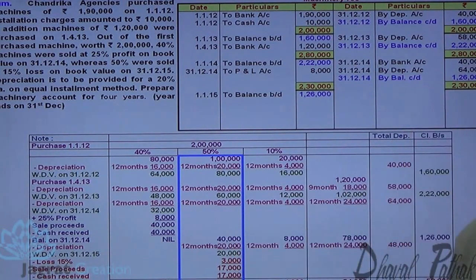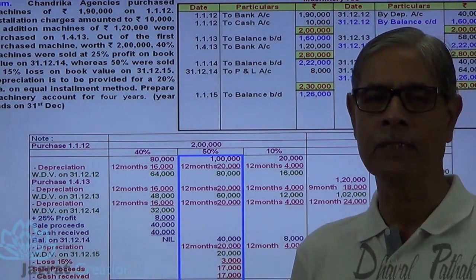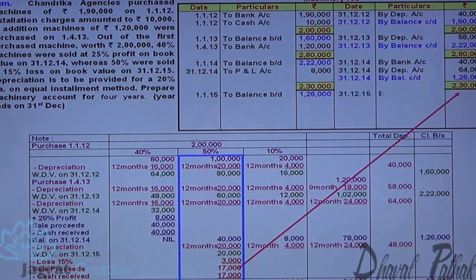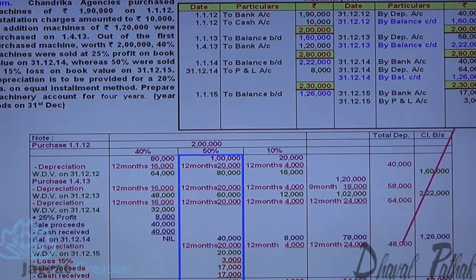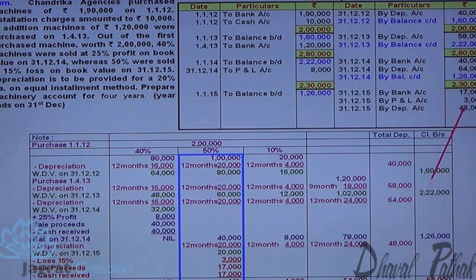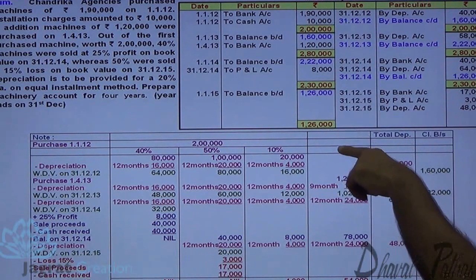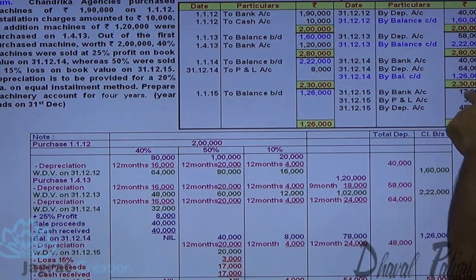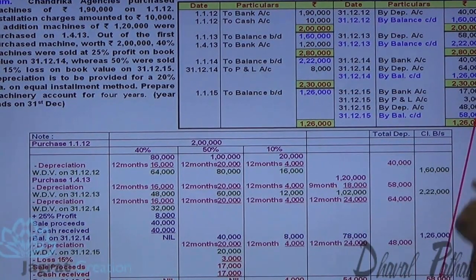Now I want to write down this sales entry. The amount received is 17,000. Cash is received, so debit what comes in. Cash account debit to machinery account credit 17,000. Loss on sale of machinery, profit and loss account debit to machinery account credit. This is how the sales proceeds and loss are recorded. Annual depreciation 48,000, depreciation account debit to machinery account credit. After that, I will strike the closing balance. So 1,26,000 minus 17,000 and 48,000. Closing balance works out to be 58,000. That confirms with this calculation.